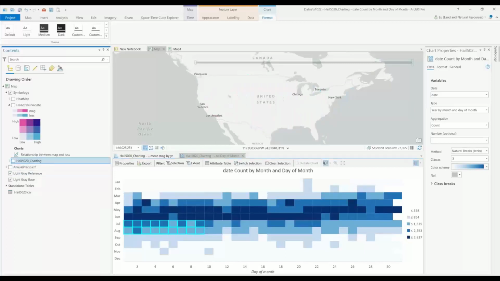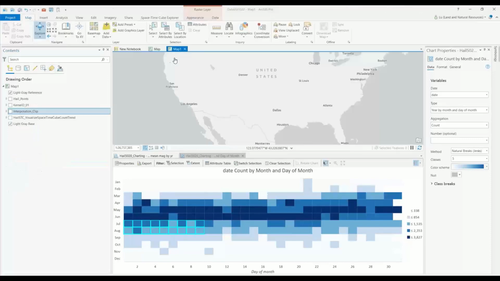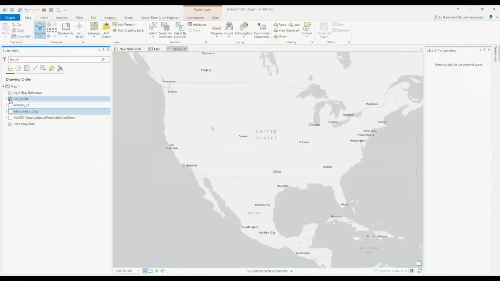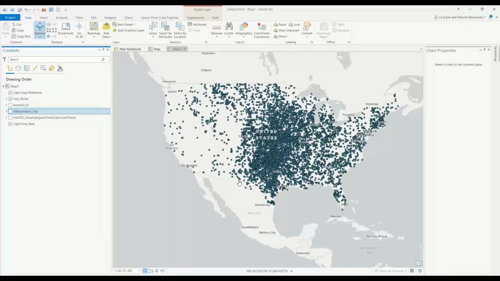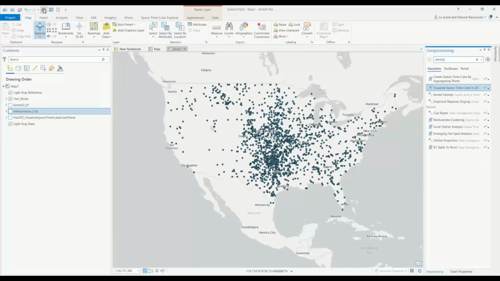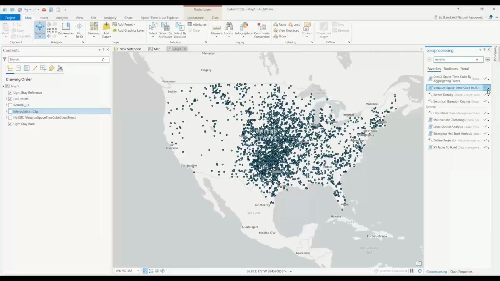So with that being said, once I have done my analysis, the initial exploration and visualization of the data, I can now use some of the sample geoprocessing tools to perform more advanced spatial analysis. So I'm just going to run through a few techniques, and then I'll pass it off to Patrick. So again, here are all the hail points. And just to verify our initial observation, let's go ahead and use the space-time cube tool to bin all of